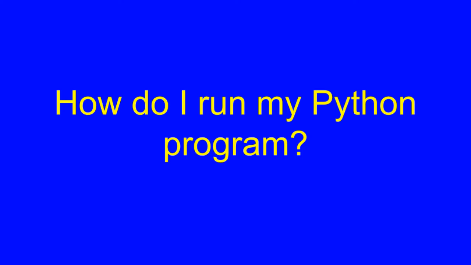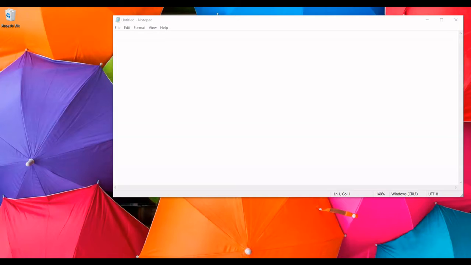In this episode, I'm going to answer the question, how do I run my Python program? If you have a computer, whether Windows, Mac, or Linux, an easy way to run your code is to write directly from your computer. In this case, on my Windows computer, I'm just going to open up a text editor, in this case, Notepad. I'm going to write some code